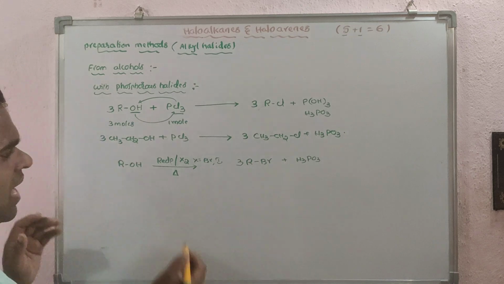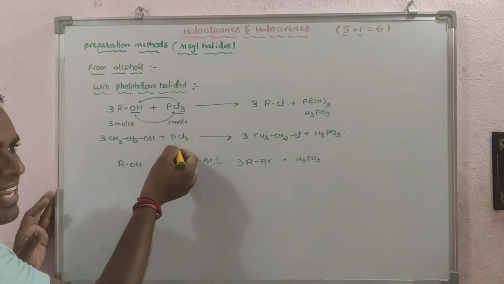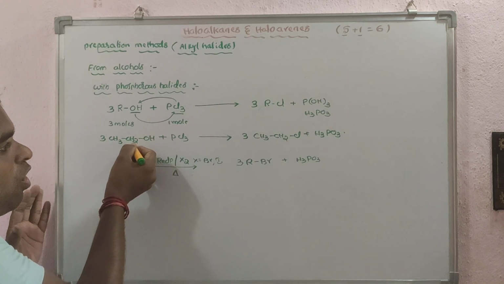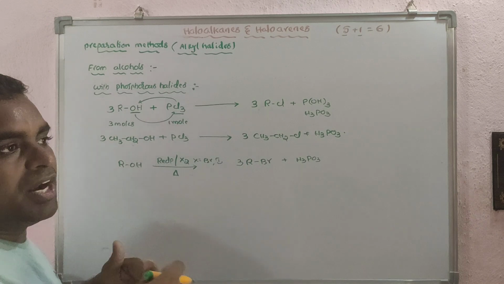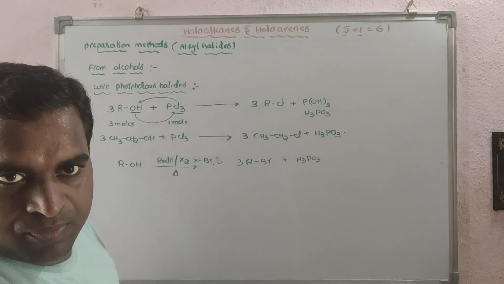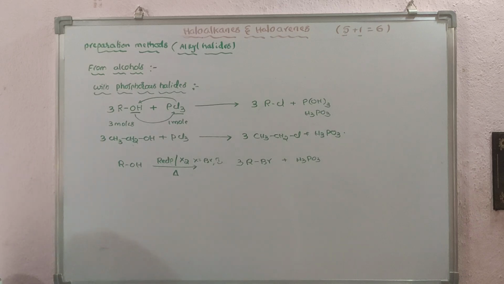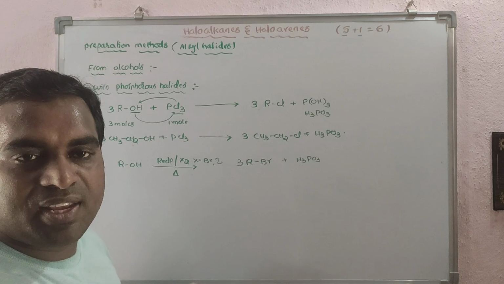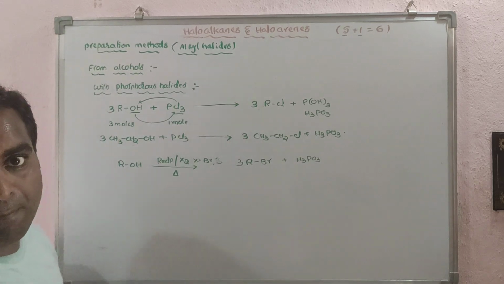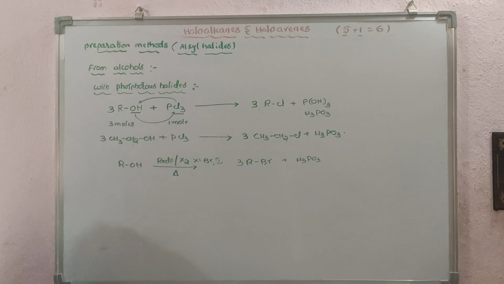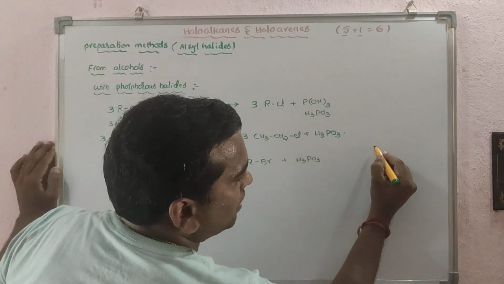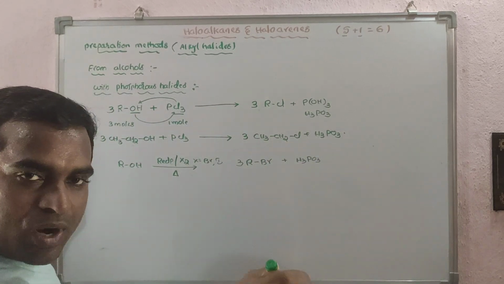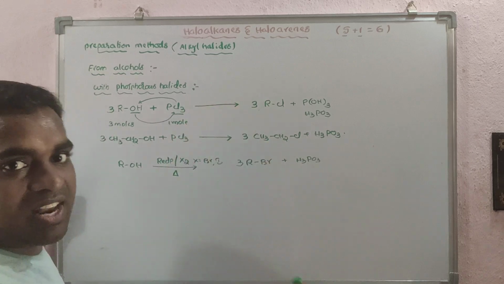So it is the same reaction only. Why? Because if I take PBr3 directly and heat the reaction, before reacting with the alcohol, the PBr3 will dissociate or decompose. So it will not react with the alcohol. That's why we have to prepare this PBr3 and PI3 by the in situ method. What is the in situ method? It means you have to prepare the phosphorus bromides and iodides in the reaction itself.